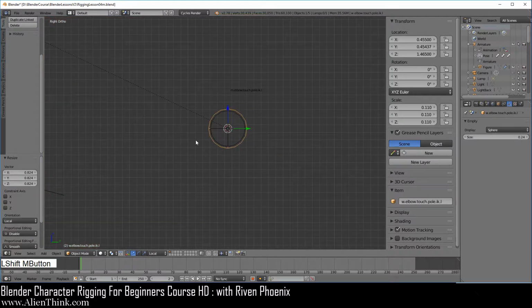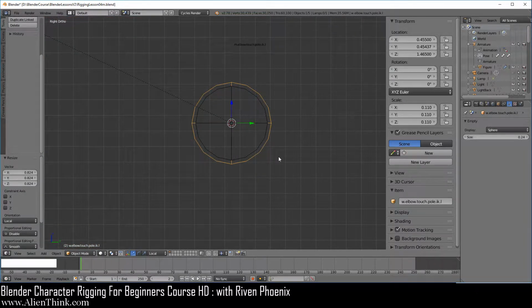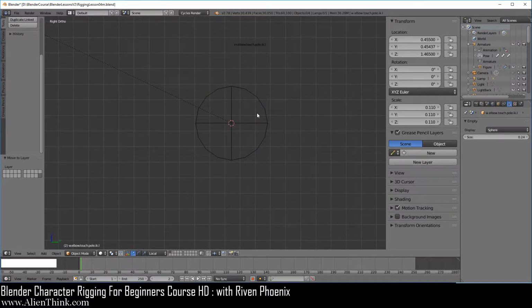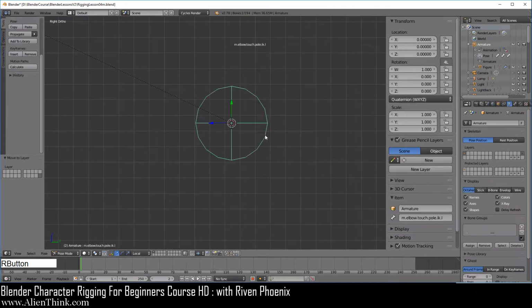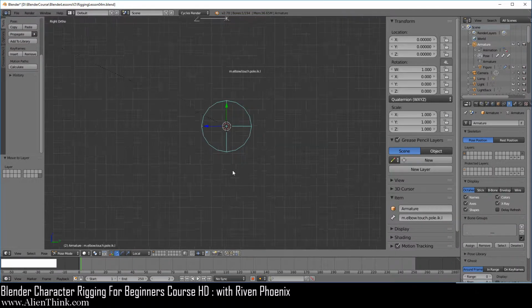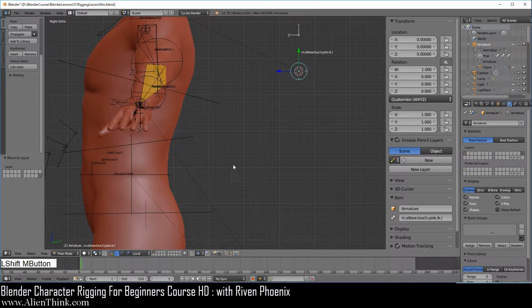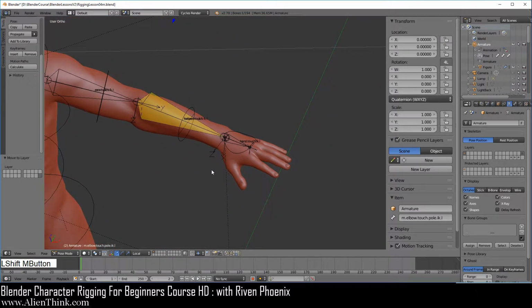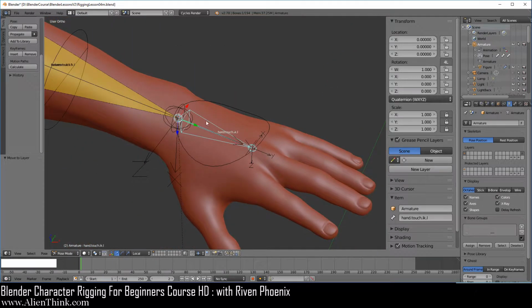Okay, so now let's go ahead and move this. So we're going to press the M key, throw this on this last layer over here, right? Now let's go ahead and click this and just press the M key to make sure that this is on the correct layer, and it is. Now let's take a look at this bone over here. You can of course click this and press the period key to home in on this area.